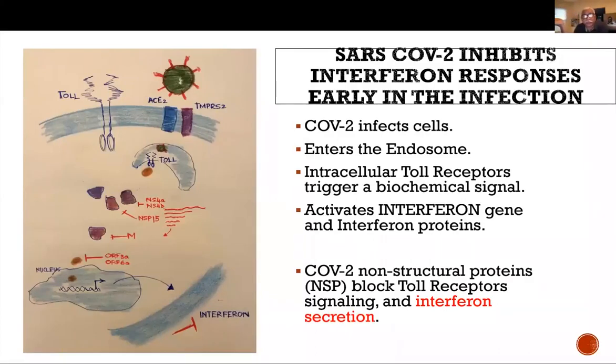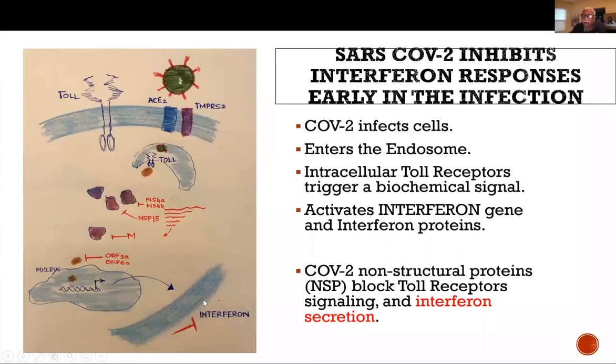So let's look at what this virus does. I told you before that if there is a virus, it enters the cell, and the toll-like receptor I showed you in the previous slide is present on the cell surface. But there are also toll-like receptors in the intracellular compartment. These are called intracellular toll-like receptors. So the virus binds to these intracellular toll-like receptors and transmits a signal, which then can activate the interferon gene